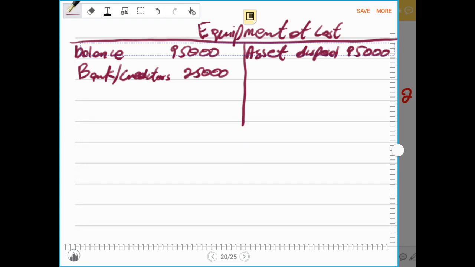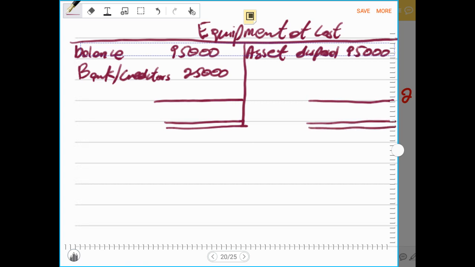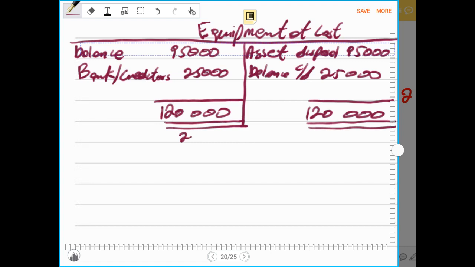So now let us just draw the line to balance this account. Always draw 2 lines to balance the ledger account. So now we say 95,000 rands plus 25,000 rands will give us 120,000 rands, 120,000 rands. And 120,000 rands minus 95,000 rands will give us 25,000 rands, being the balance carried down, and 25,000 rands being the balance